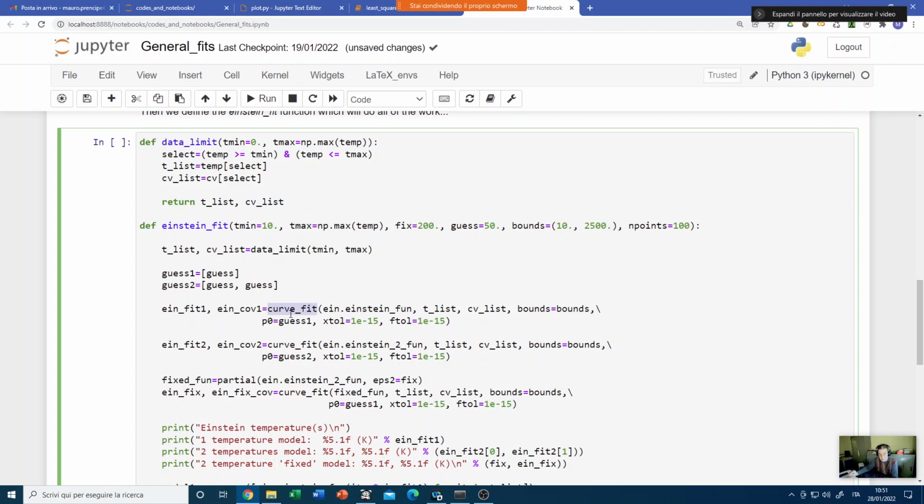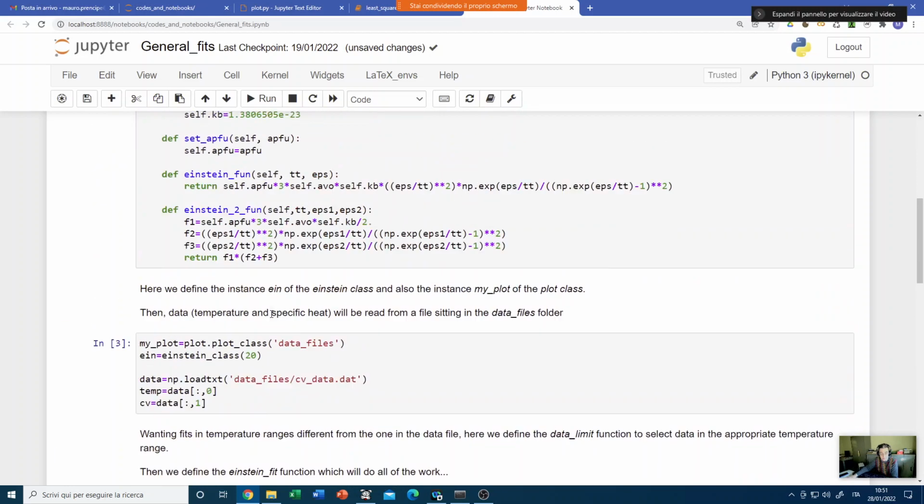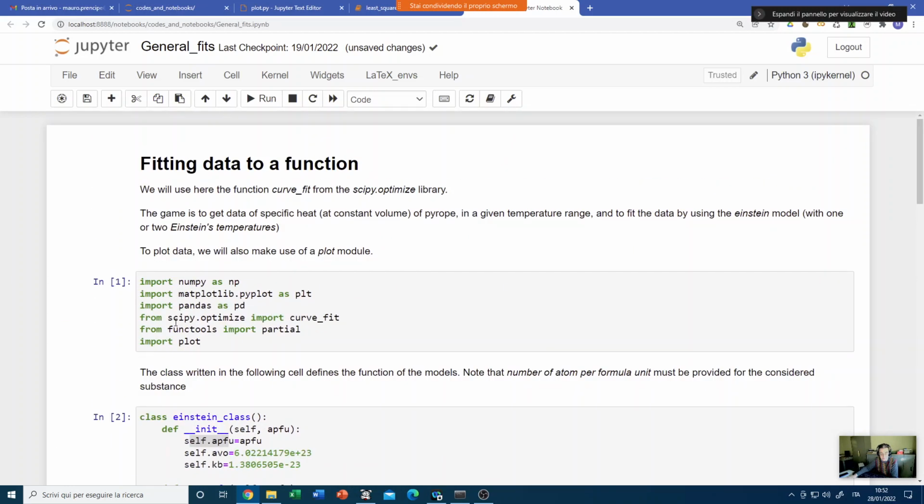You see that I write this simply curve fit, and there is not any dot notation before. There is not the name of the library from which the function curve fit comes from, because I use this syntax here in the import in the function. From scipy.optimize import curve fit